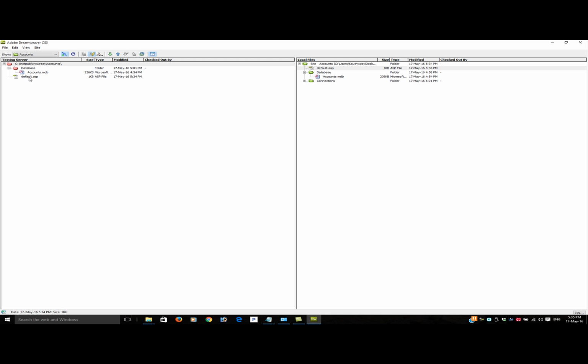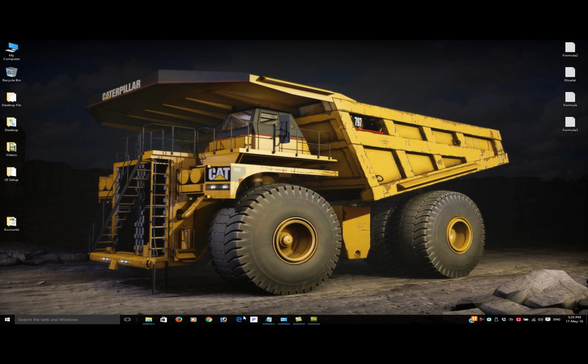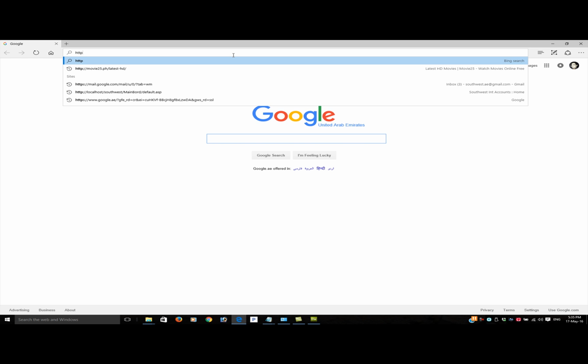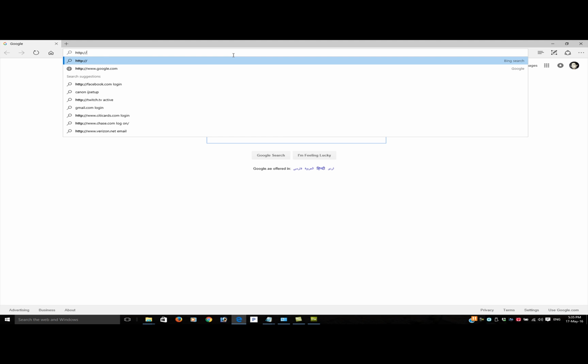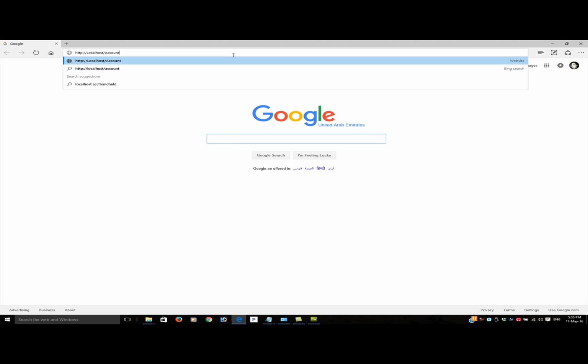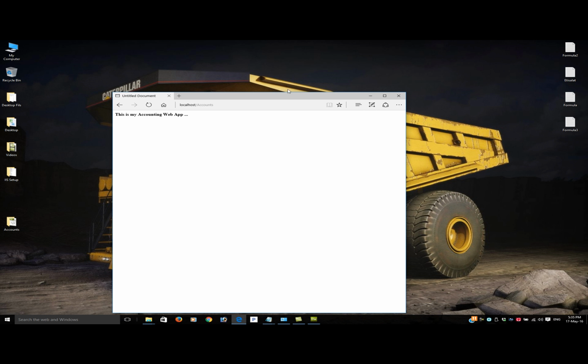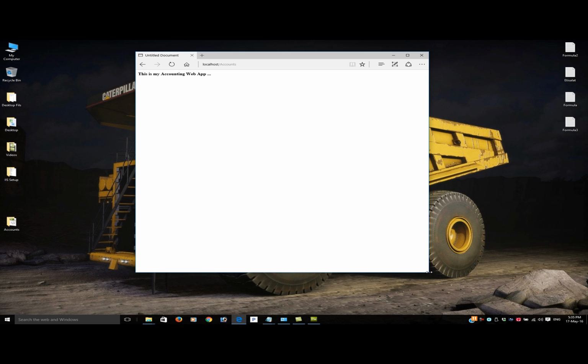Once I upload it here, it appears in your www.root folder also. So we're going to minimize this. We're going to open our Internet Explorer or whatever browser you are using right now. So we're going to type http://localhost and our folder, which is accounts/ and press enter. When you press enter, you will see your web page appear over here. This is my accounting web app. So once we're done over here, next we're going to start